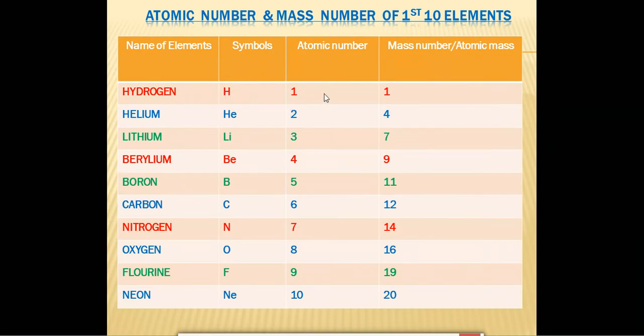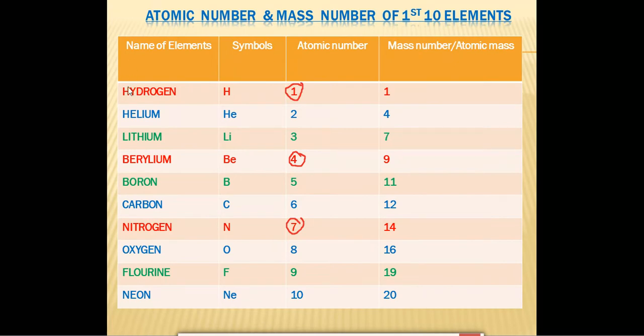If you know the atomic number and the symbols of the elements, then only you can calculate the mass number, right? So you have to go through that video to learn the atomic numbers of the elements. Okay, see, we have the elements over there. I have marked the elements 1, 4 and 7 because these are the exceptional elements. We have to use different rules for them, so we will not consider these elements in this category. For these we will use different rules, which I will tell you later on.